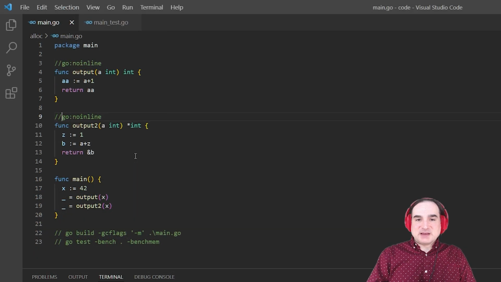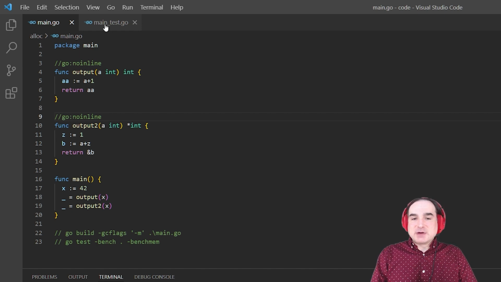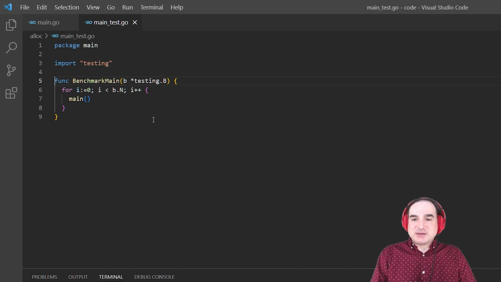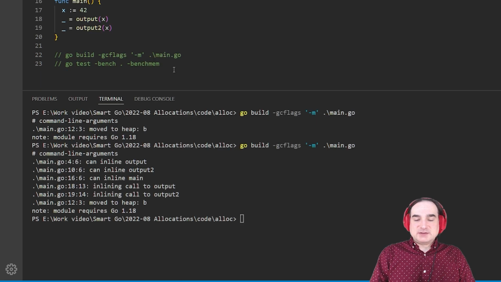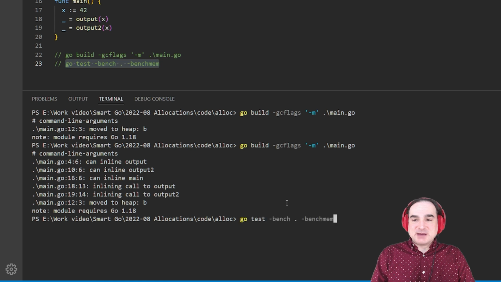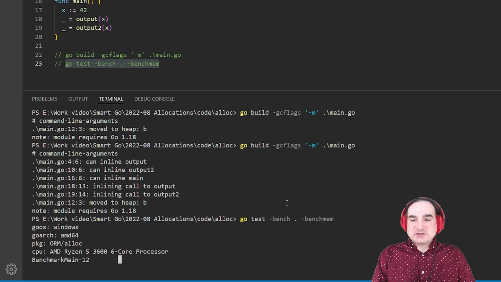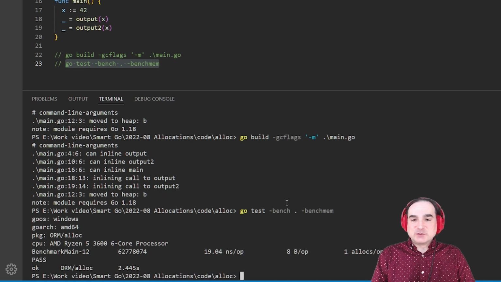So back to our main example, and this will lead me, in fact, to the other tool that you can use to inspect a program's allocation behavior, the benchmem flag. In a previous video, linked below, I talked about how to create tests for a given program, and tests can also be used as benchmarks. And that's precisely what I have here. I've created a simple test that also operates as a benchmark for my simple application. Now, when I run this test, like so, with these flags, bench and benchmem, I receive a report that tells me how many allocations per invocation of the tested functions took place.